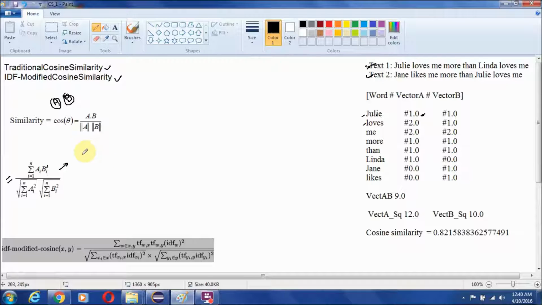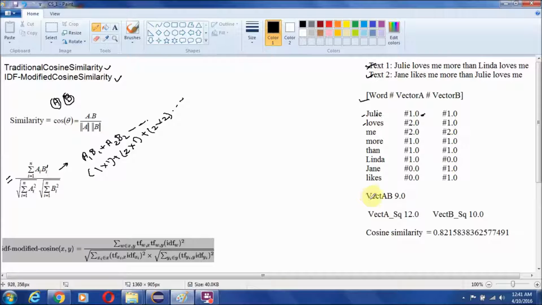For example, Ai Bi means A1 B1 plus A2 B2, and here in this case it will be 1 into 1 plus 2 into 1 plus 2 into 2, and so on.